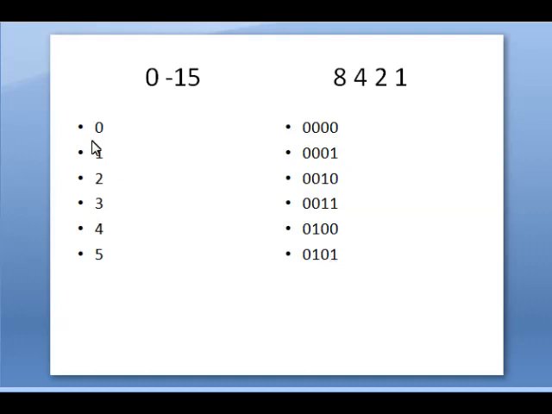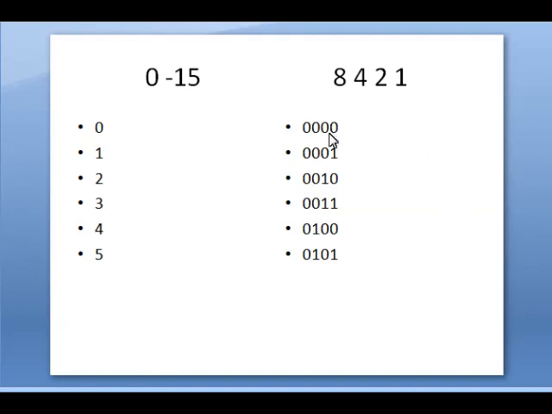Okay students, practice it well. Take a copy and write the numbers 0 to 15. 0 to 15 means 0 to 9, and in the place of 10 you write A, but A is the equivalent of the decimal digit 10. On the binary side you have to write the equivalent of the decimal digit 10. So 0 to 15, that is 0 to F, you have to write, and you have to practice yourself how to write the binary digits.